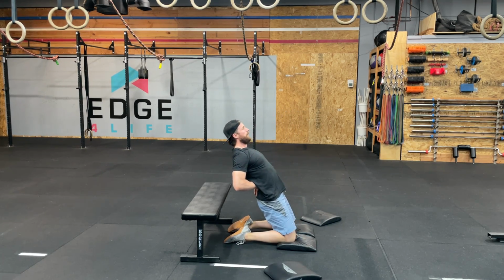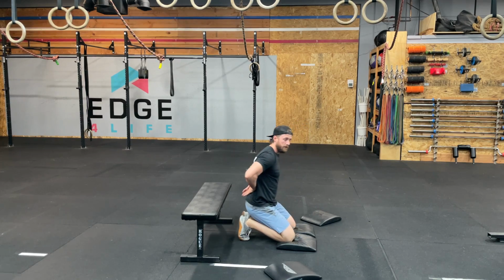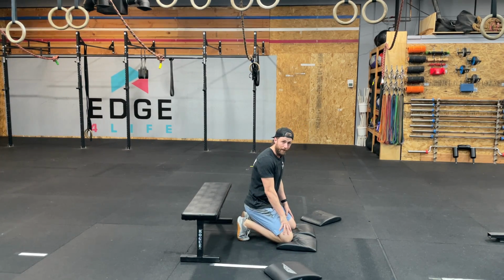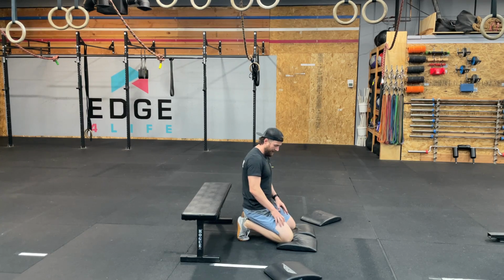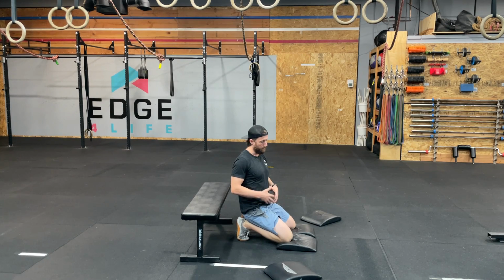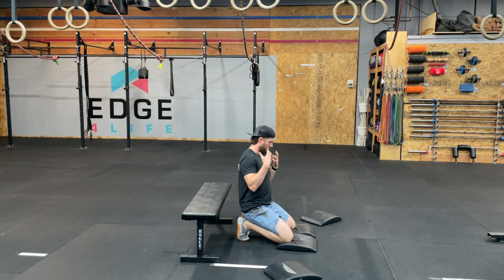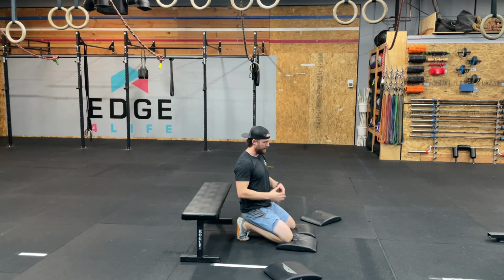The reverse Nordic curl has become probably one of my favorite movements for how much it's done for my confidence for my knees and my ability to get deep into a squat, my ability to lengthen out the stuff that's been so chronically tight. I feel like I've opened up new potential for my body for the first time in a long time. This, sharing a space with maybe two or three other movements, I think is so